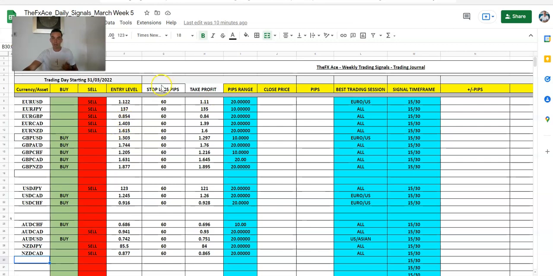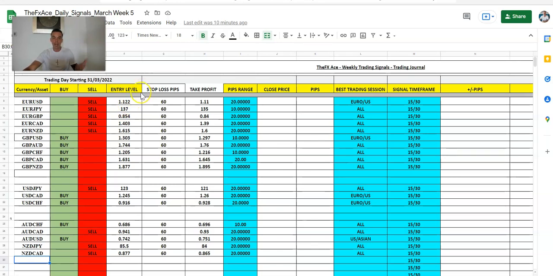Okay, stop loss pips. Like I said, we're never going to time the market perfectly, so wherever you enter the market, wherever you get the signal, and we'll go over the actual signals in a minute, your stop loss is going to be 60 pips or whatever is written in here. So say you got a signal at